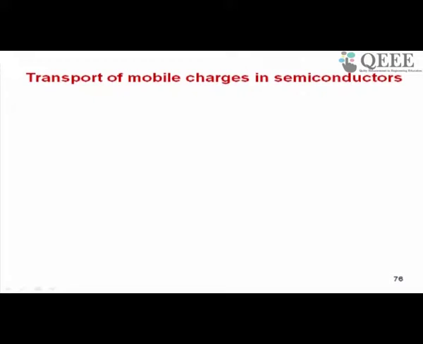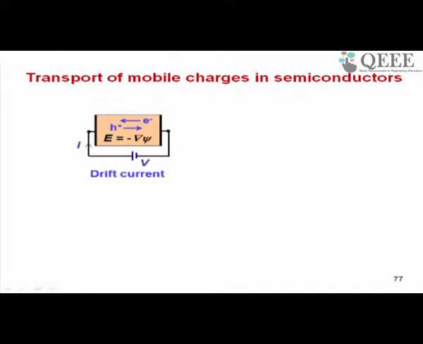We discussed generation of electron hole pairs. We discussed creation of electrons and holes, the mobile carriers, in a semiconductor. Let us talk about how, once electrons and holes are created in a semiconductor, they are transported. How do they move? We will talk about two methods of transport. One method is called drift. So when you apply a voltage to a semiconductor, let's talk about a DC voltage.